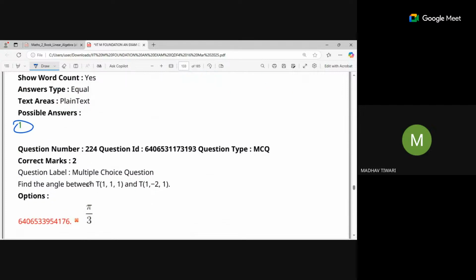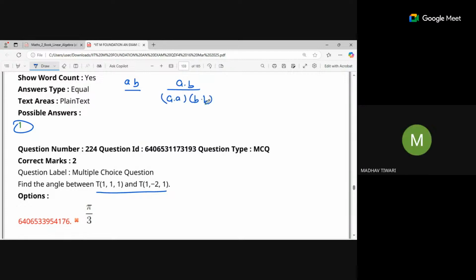Next is this one. You are given two vectors and you have to find the angle. I think it is quite easy to find out. It's a direct formula. Transformations are given, T of this and T of this you have to use. If you want to find the angle between A and B, just use A dot B divided by